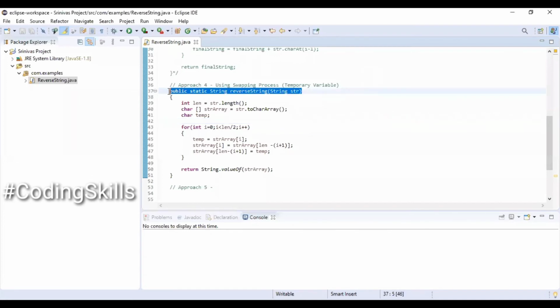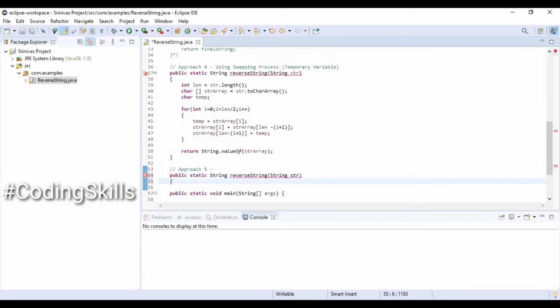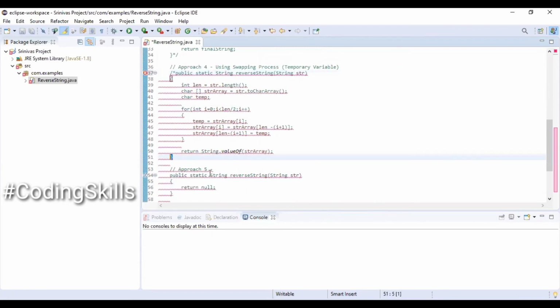Using the same Java class to demonstrate the fifth approach, copying the method signature from the fourth method. Also commenting the fourth approach.